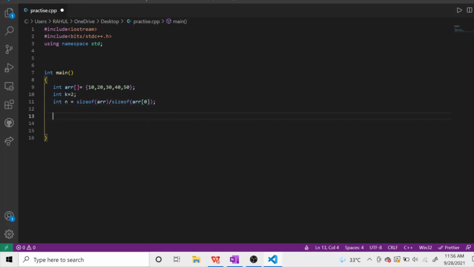Now first of all we will see how to rotate the elements of the array a single time. For that, let's write a separate function, void rotate by one, which takes the array, int array, and int n.